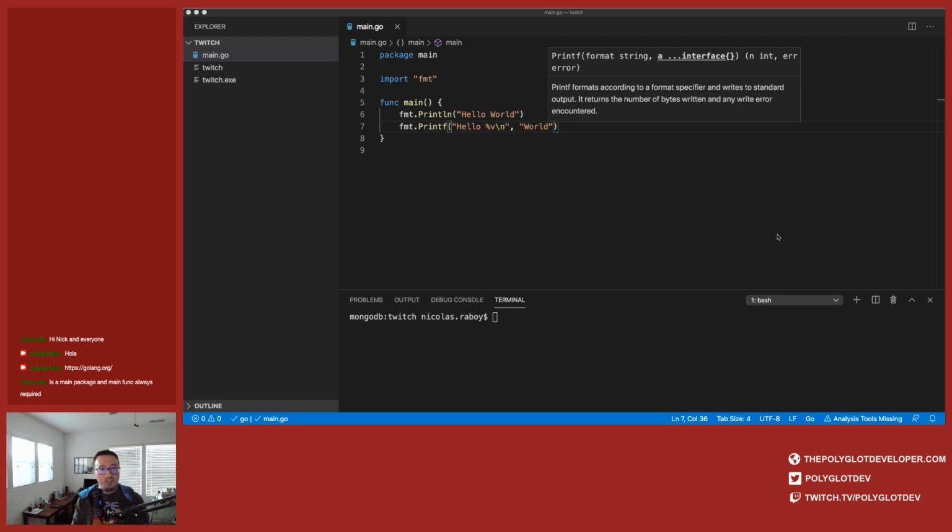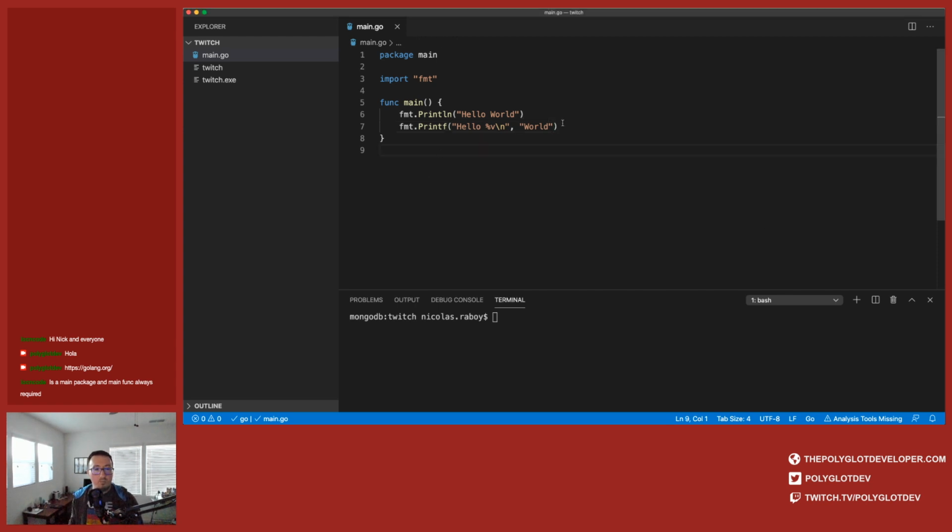All right, let's get a little bit more complicated than just Println and Printf. Let's get into the realm of variables now, because variables are a little different from other languages. Maybe I'll comment this out for now. Let's say that I wanted to set a variable.